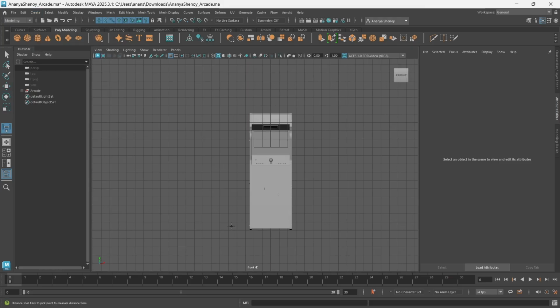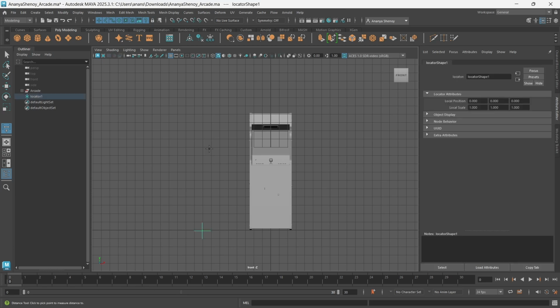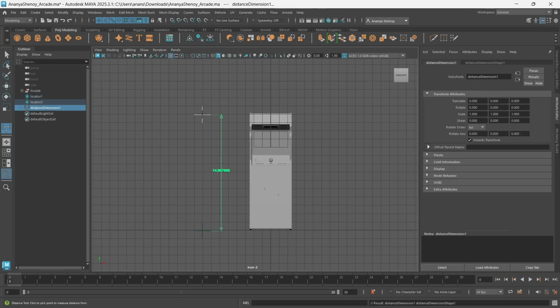And with this distance tool, I'm just going to click once at the bottom and click once near the top of this object. I'm going to hold down Shift to draw a straight line, and you'll see that it creates two locators, locator 1 at the bottom and locator 2 at the top, and an object called distance dimension, which shows you how tall this object is.